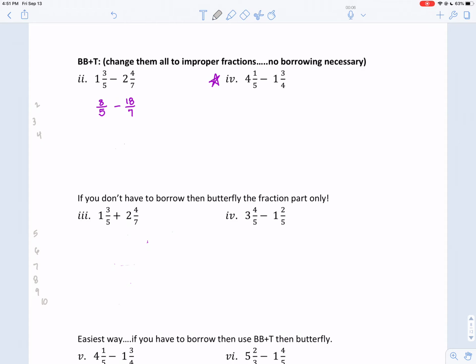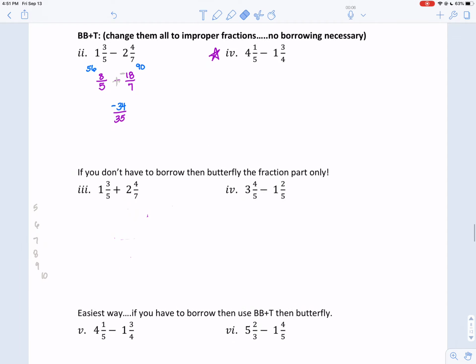Remember, we could change that negative to plus a minus so it doesn't confuse your students. Then I'm just going to use the butterfly method. So I'm going to have 56 and then negative 90. So 56 plus a negative 90 is going to give me negative 34 over 35. I'd like for you to do the fourth one, 4 1/5 minus 1 3/4, using BB+T and the butterfly method